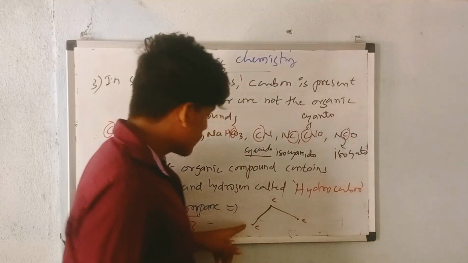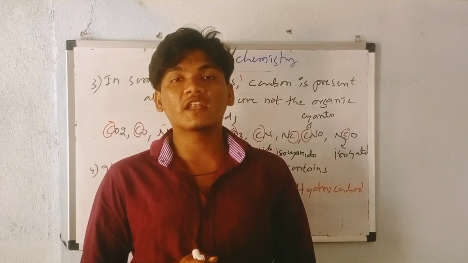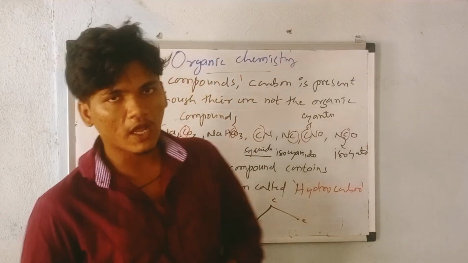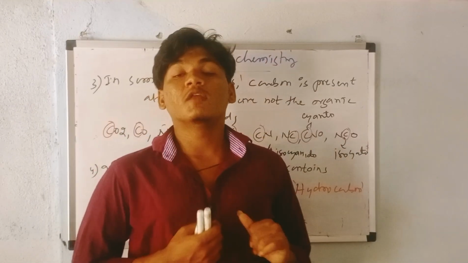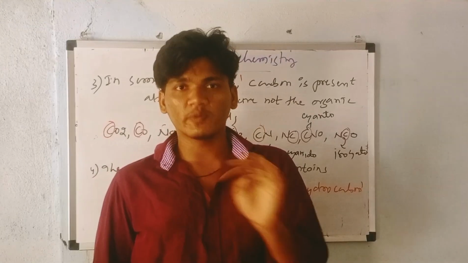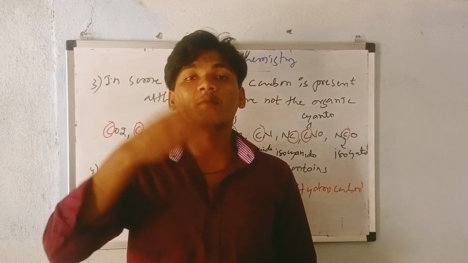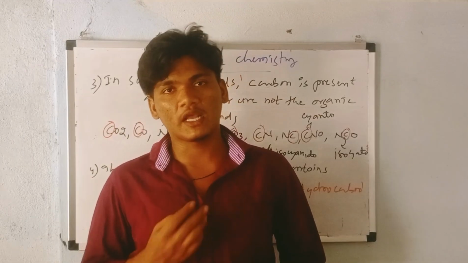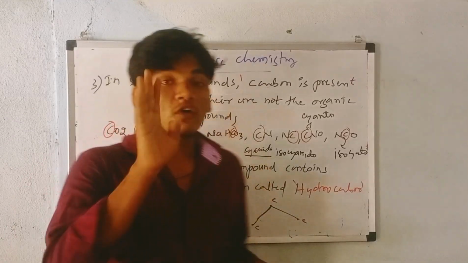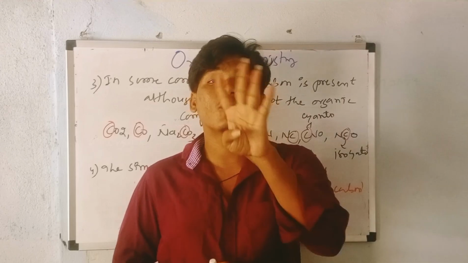So here carbon has a valency of 4. 4 valency means it forms 4 bonds. If you take the periodic table, carbon is situated in the 4th group. Hence it has 4 as a valency. Nitrogen has 5 as a valency, like that. So carbon has 4 valency, which means it can form 4 bonds. How many bonds? 4 bonds.